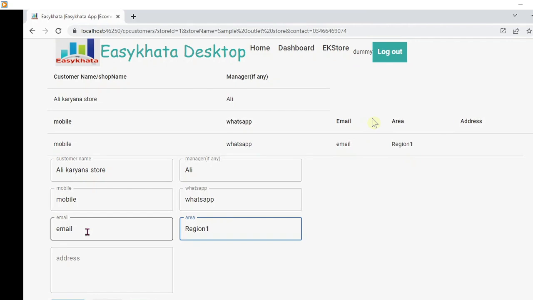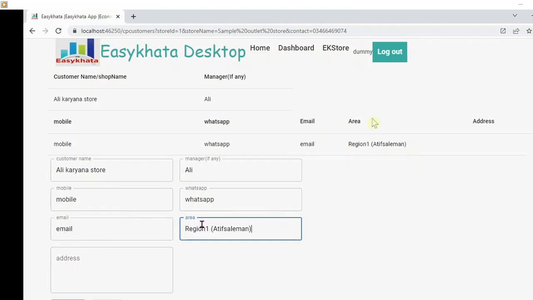For area, you can search by region, or by salesman or sale area. So type the area of that customer carefully if you want to separate the customers of different salesmen or different regions. For example, if this customer belongs to a certain salesman or region 1, you can type region 1 and the salesman. You can edit this information